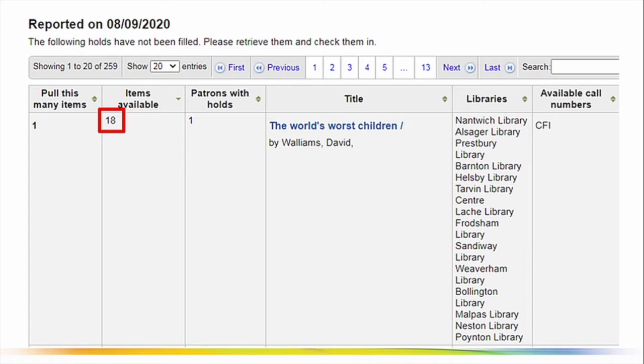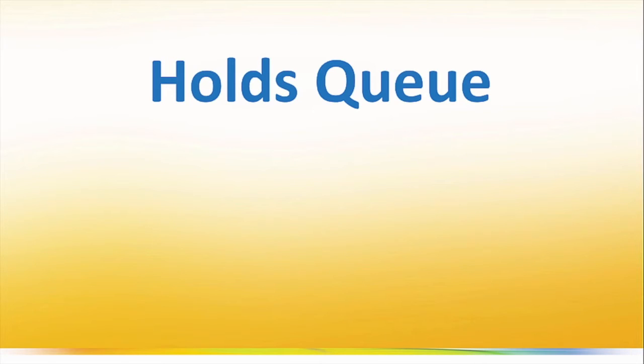But for us with 40 libraries, it really wasn't suitable. Which brings us on to the holds queue. Unlike holds to pull, holds queue does not display every hold which could be filled by a library. Instead, it generates a bespoke list of items to be found, and using your criteria, Koha determines the best library